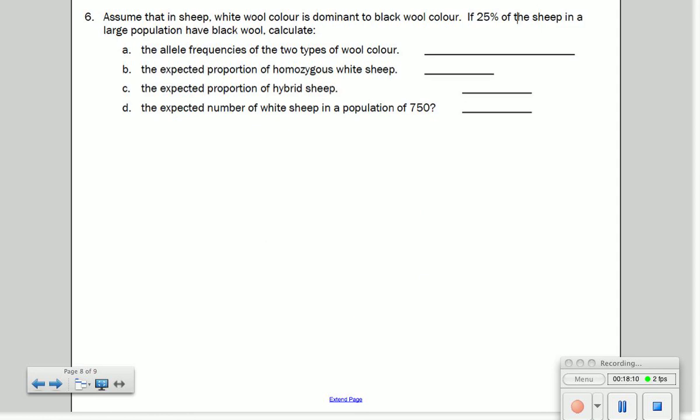Okay, sheep. White wool color is dominant to black wool color. If 25% of the sheep in a large population have black wool, calculate the following. Okay, here we go. So, 25% black wool, that is the recessive. So that means little b is